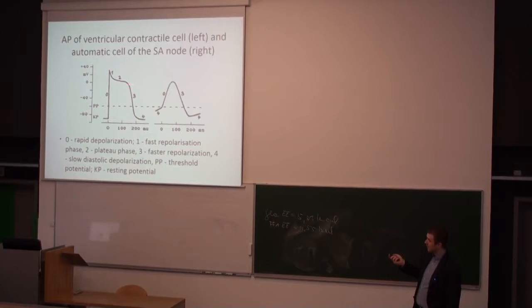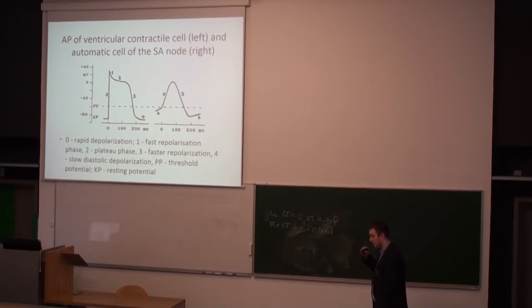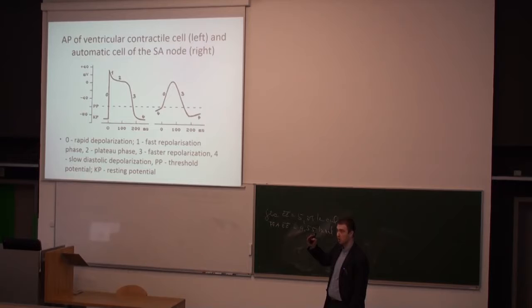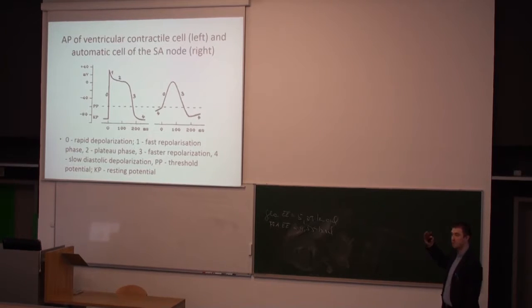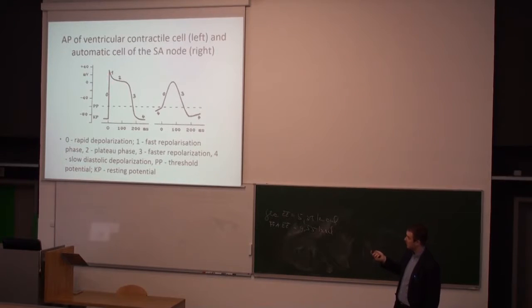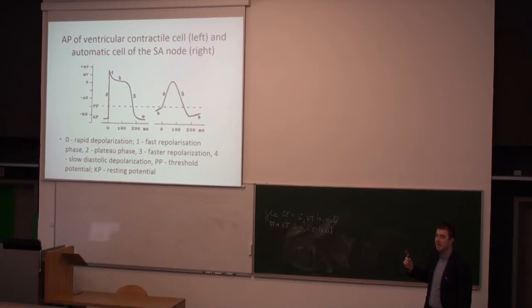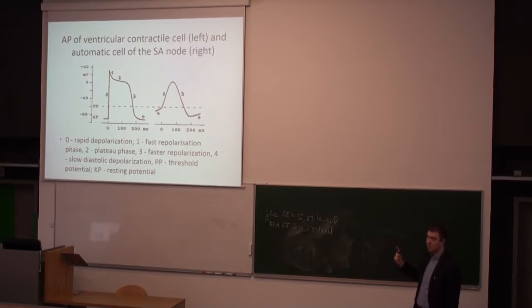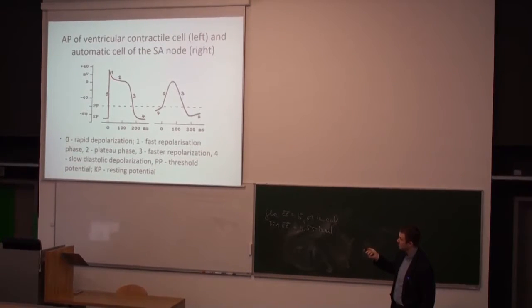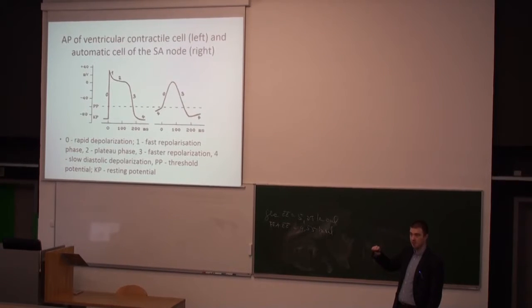In this plateau phase, you have the leakage of potassium out, but the concomitant action is the leakage of calcium inside the cells. And for some time, these two flows have the same net charge. That means that the effect on the cell potential is almost zero. You can see that there is some small decrease, but it's almost nothing. Therefore, we can call it plateau phase.